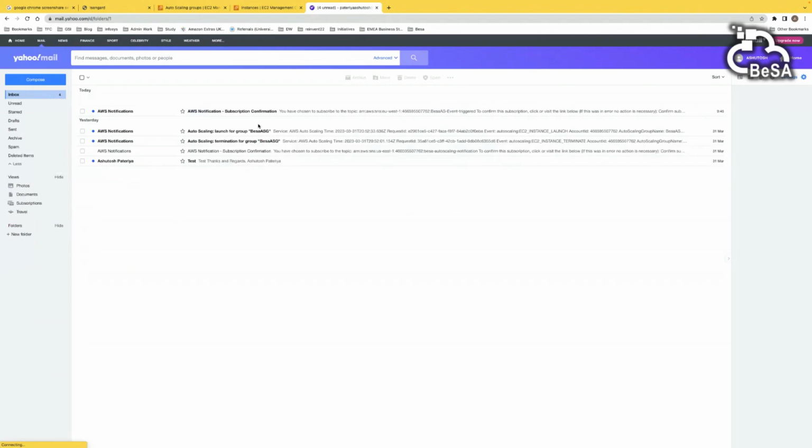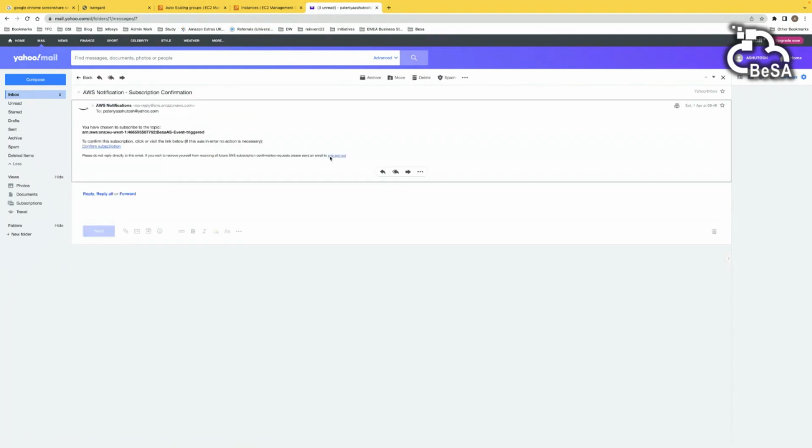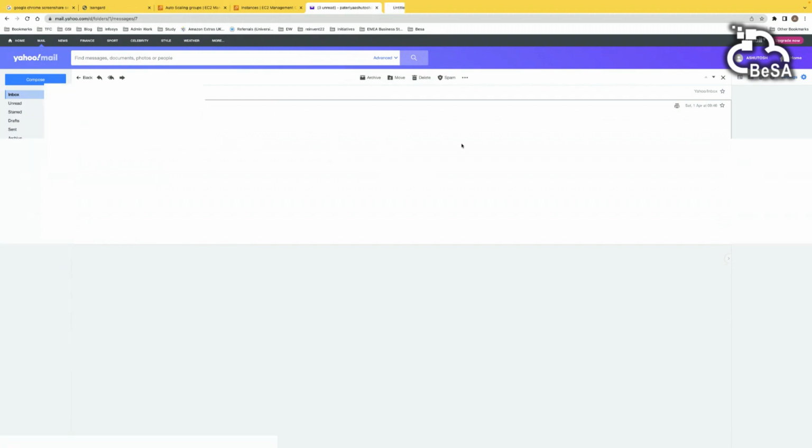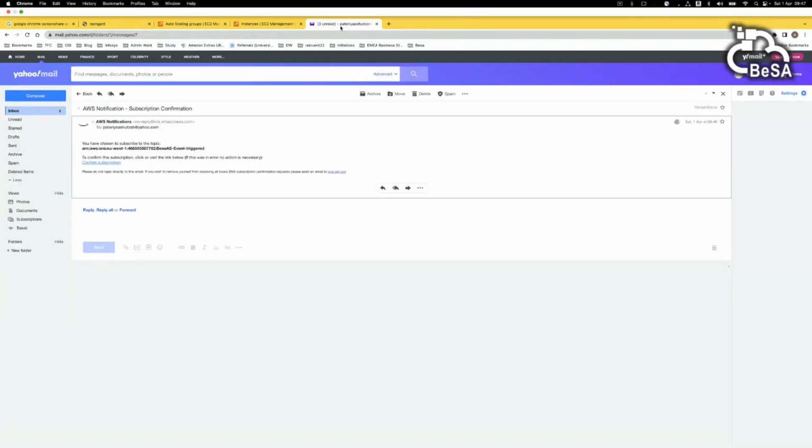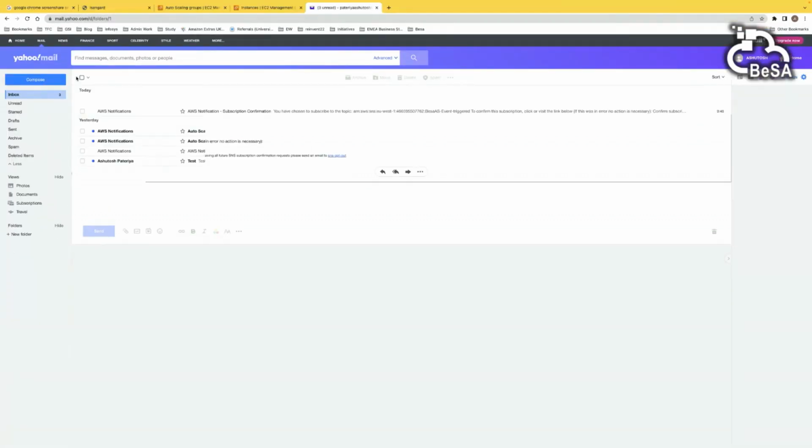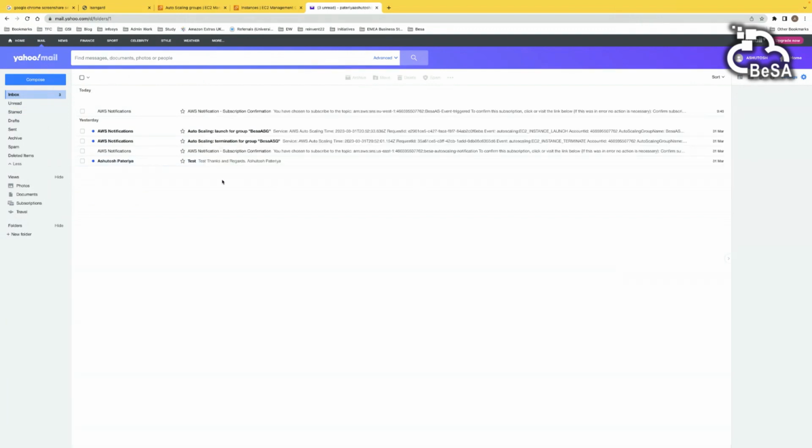Okay, so I just created this email yesterday, so that's why you don't see too many emails. So here, whenever you subscribe to any of the topics, you need to confirm it, because otherwise you can spam anyone's email, right? So you need to confirm. Once it is confirmed, for all the scaling events, you will see an email.